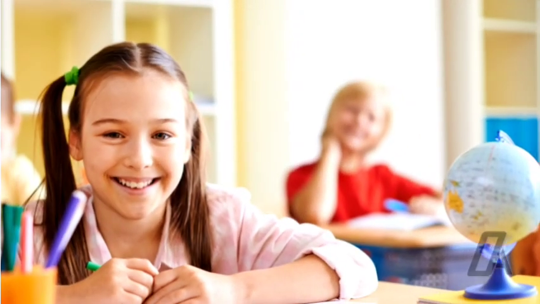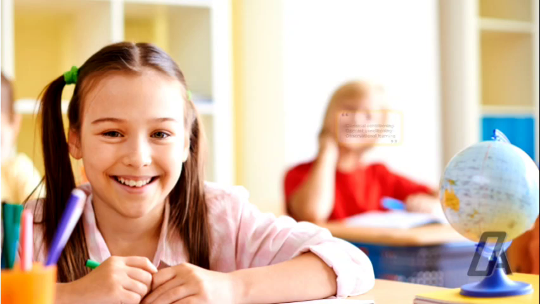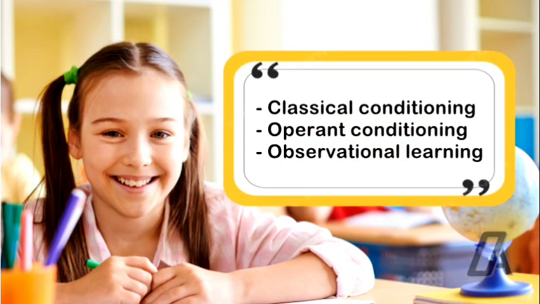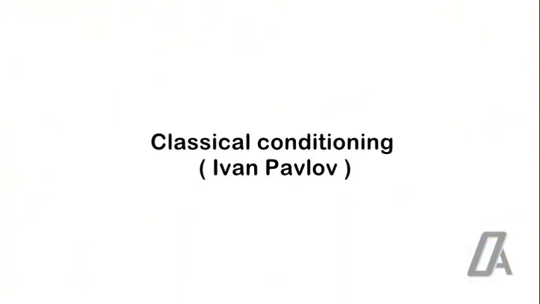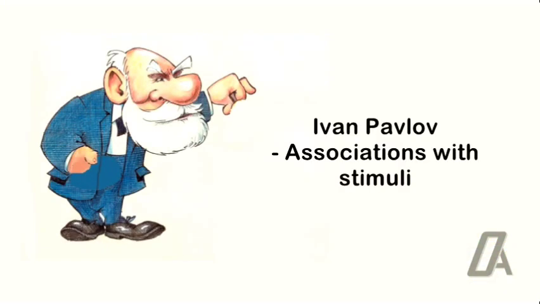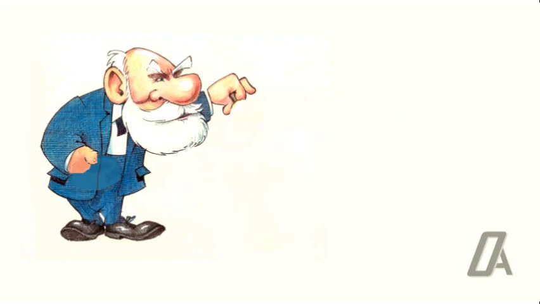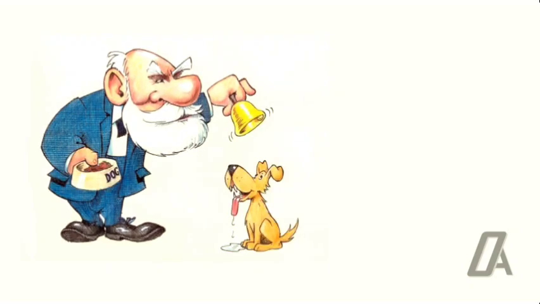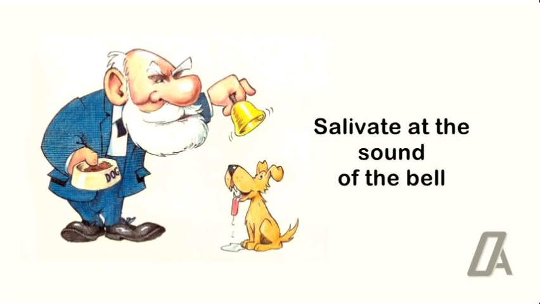Behavioral learning theories explain the acquisition, strengthening, weakening, and shaping of behaviors within different contexts through several mechanisms. Classical conditioning by Ivan Pavlov. Ivan Pavlov's classical conditioning theory demonstrates how behaviors are learned through associations with stimuli. For instance, he showed how dogs learn to associate a bell with food, causing them to salivate at the sound